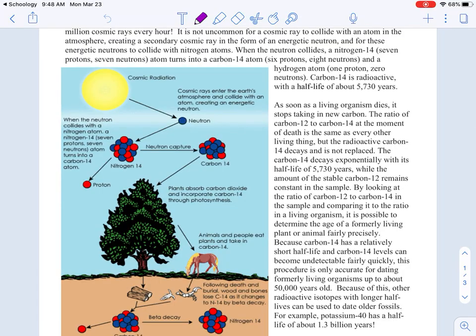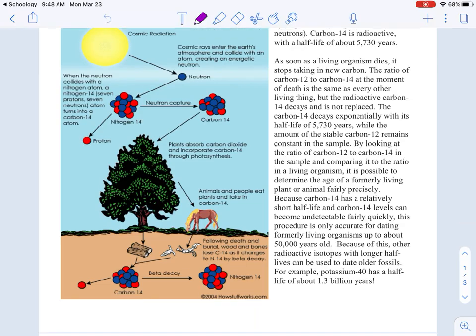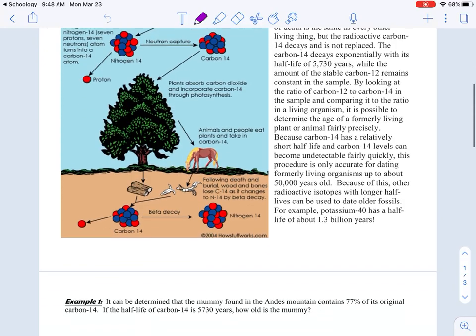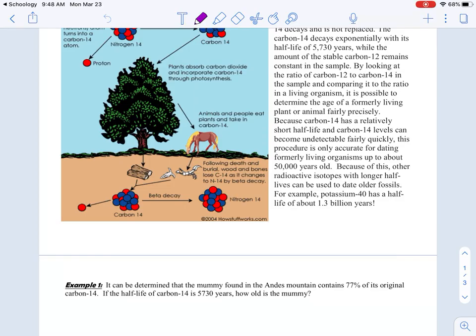So, as soon as a living organism dies, it stops taking in new carbon. The ratio of carbon-12 to carbon-14 at the moment of death is the same as every other living thing. But the radioactive carbon-14 decays and it's not replaced. The carbon-14 decays exponentially with its half-life of 5,730 years, while the amount of the stable carbon-12 remains constant in the sample. By looking at the ratio of the carbon-12 to the carbon-14 in the sample and comparing it to the ratio of a living organism, it's possible to determine the age of the formerly living plant or animal fairly